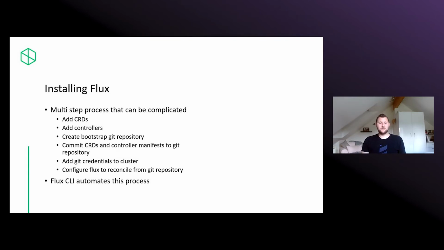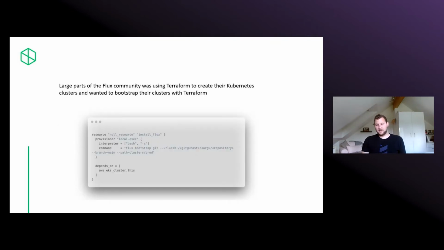To deal with all this complexity, really, we built a CLI called Flux, also that automates a lot of this process. So you'd give it your GitHub credentials or an API token, and it would basically deal with the whole deployment for you. And that worked for a lot of people. The issue turned out to be that a large part of the Flux community that were heavy Flux users were also Terraform users, because they were creating their Kubernetes clusters with Terraform. This created some sorts of friction between Terraform and Flux,